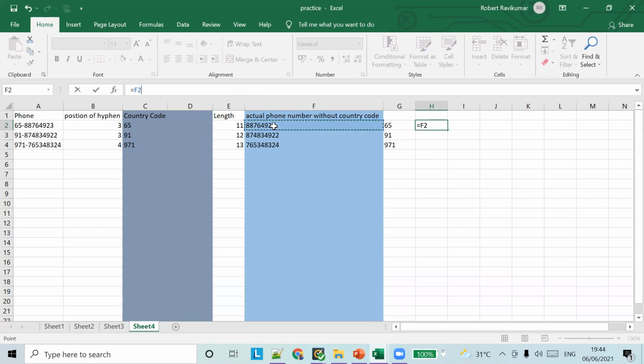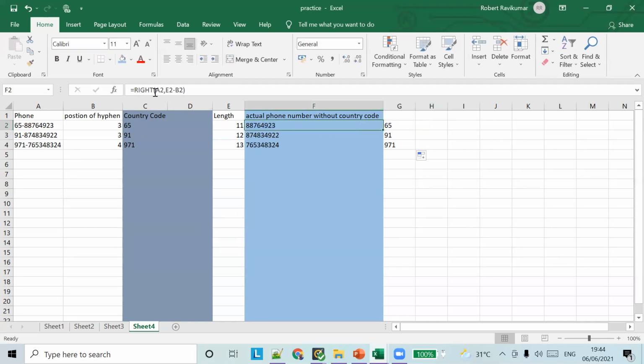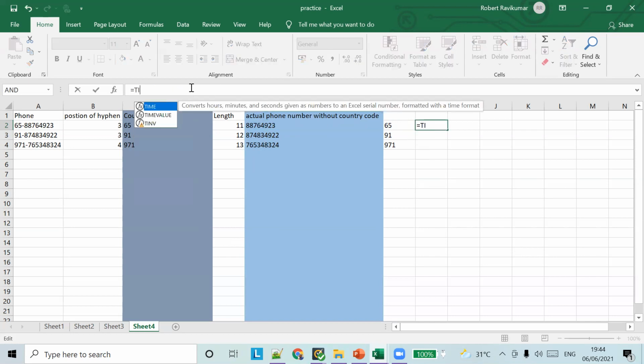So similarly, maybe we can try to find the formula for A2 E2 minus B2. It's going to be complicated. Is equal to RIGHT of A2, the text is A2, and you have to subtract.